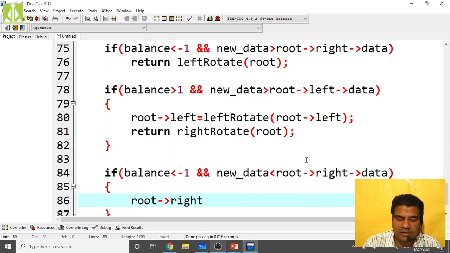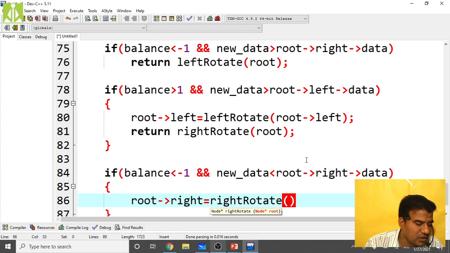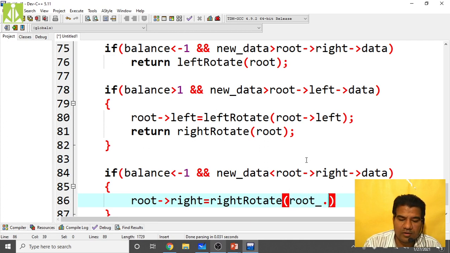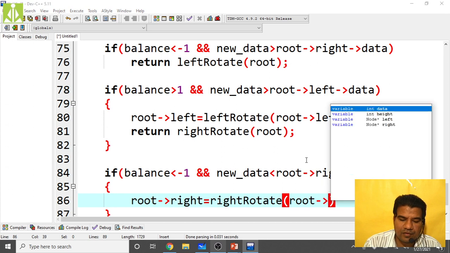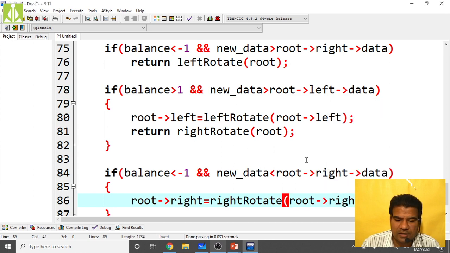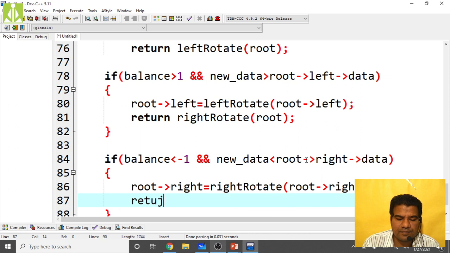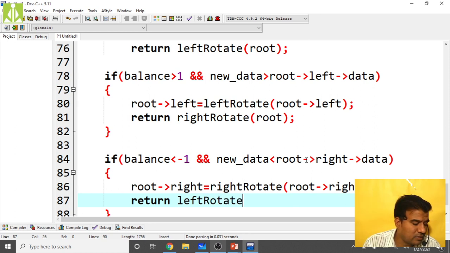Root of right equals right rotate of root of right. Then return left rotate of root, left rotate of root.